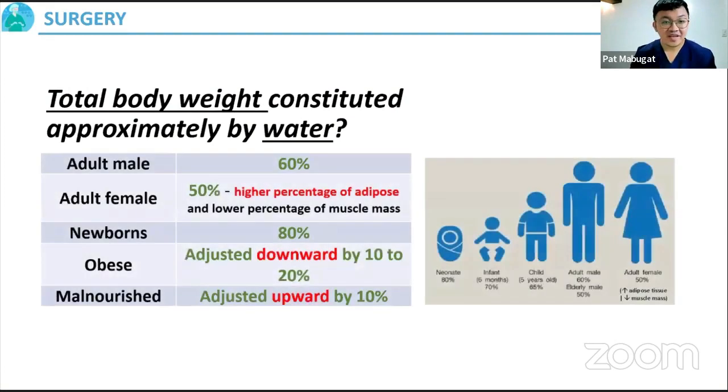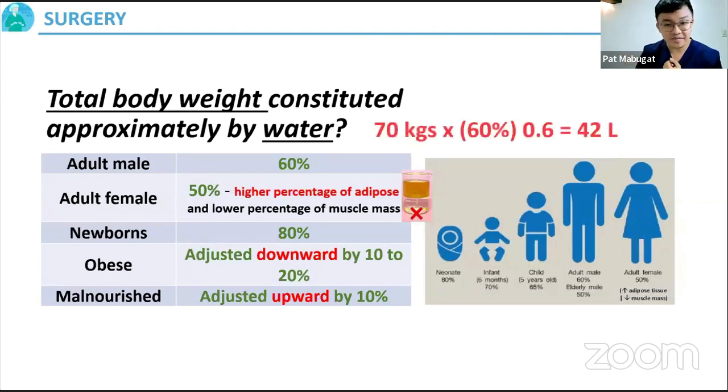For adult males, they have a higher percentage body water because females have higher adipose tissue, and oil and water don't mix, which is easy to remember. Obese people, having higher adipose content, higher fat, higher oil, have less water. So their total body water is adjusted downward by 10 to 20%. Malnourished people have their total body weight water adjusted upward by 10% because they have less fat and